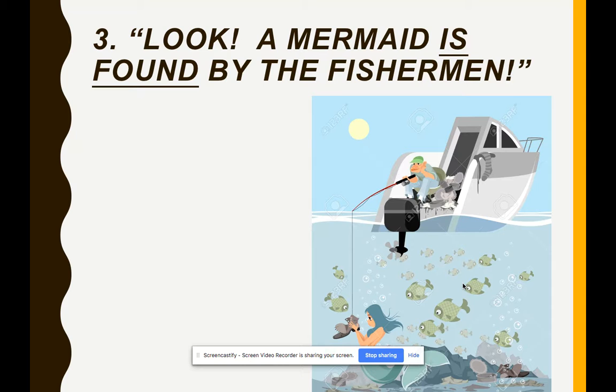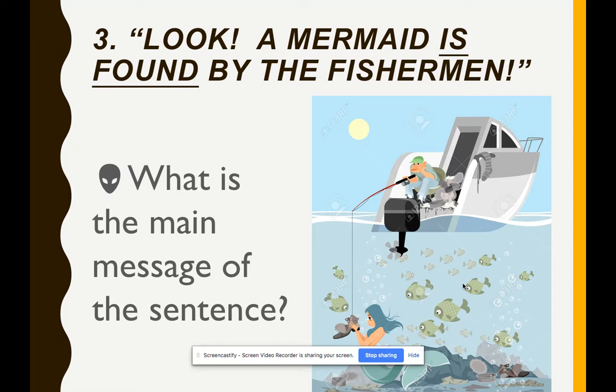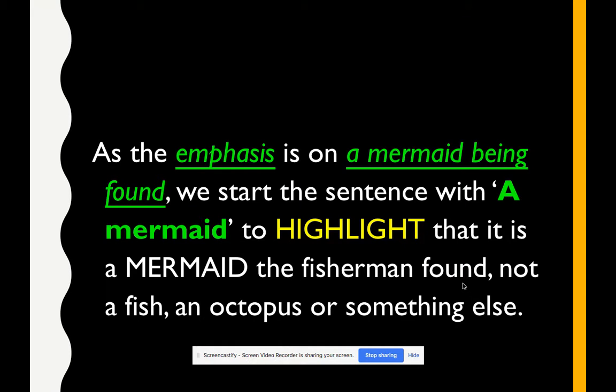And example three, look, a mermaid is found by the fisherman. Okay, so the question here is, what is the main message? Which person is more important? Is it the mermaid or the fisherman? Well, if you remember function three, the emphasis, which means the most important thing, is on the mermaid being found, or maybe just the mermaid. Okay, and therefore we start the sentence using a mermaid instead of saying a fisherman found the mermaid. We say a mermaid was found to highlight that it is the